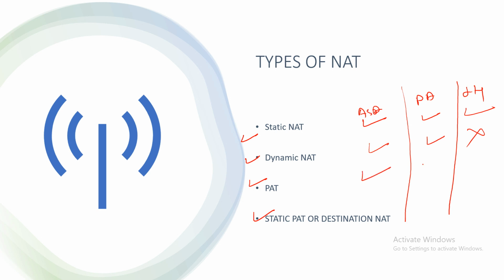Okay, PAT will be supported by the ASA. Static PAT or destination NAT is also supported by the ASA, but both will support all these NAT types, but the FortiGate firewall will not support dynamic NAT. Okay,